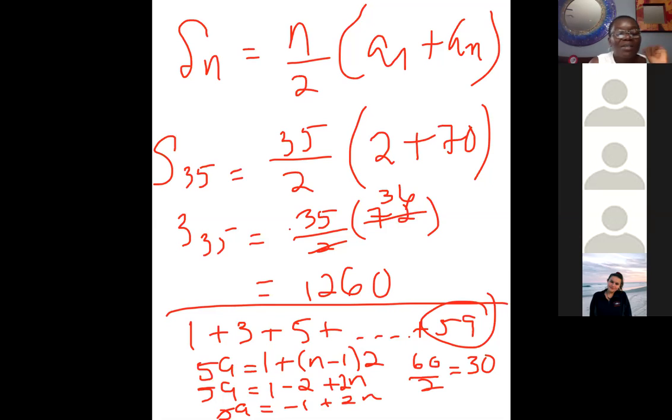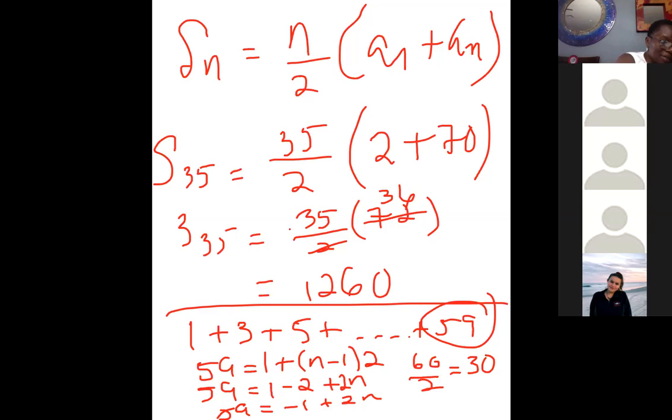Okay, so let me just go ahead and settle this for you. Sometimes it does, and sometimes it doesn't. So to be on the safe side, always go ahead and follow through with the formulas, okay? So don't necessarily assume just because it works on this problem, it's going to work on other problems too. All right,